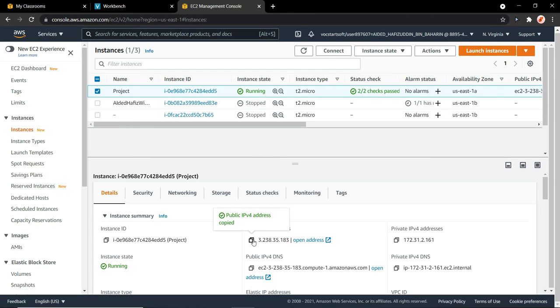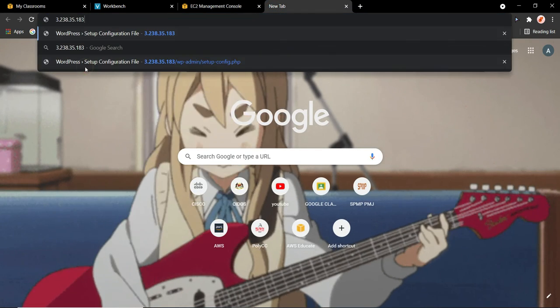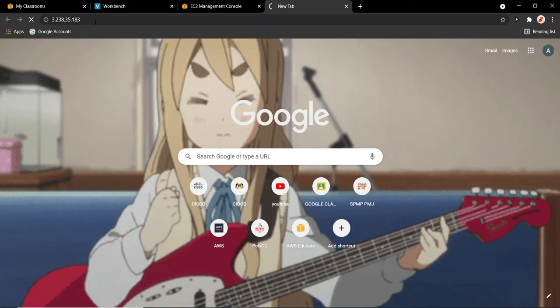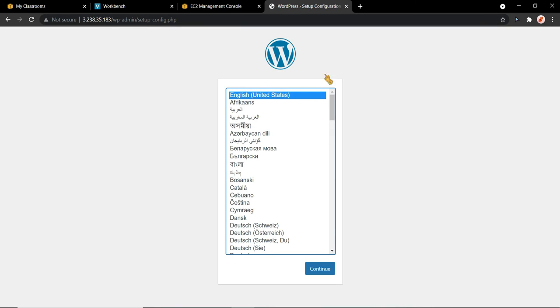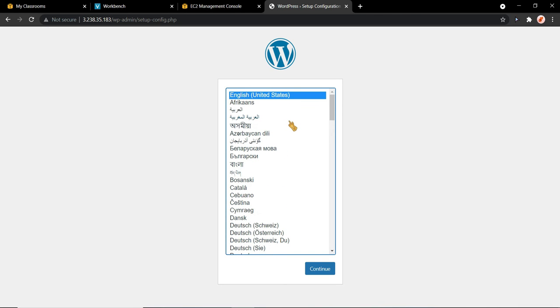for WordPress. So first we will copy the public IP address, and then click on a new tab and paste the IP address. And now we have gained access to WordPress. We will configure WordPress first. So choose the language that you will use for WordPress. For example, I use English United States, and click on continue,